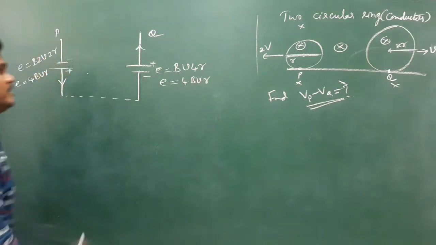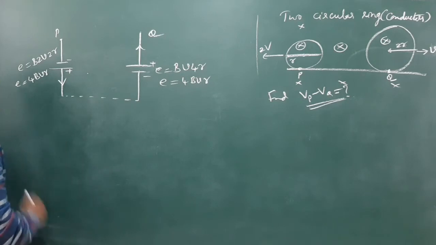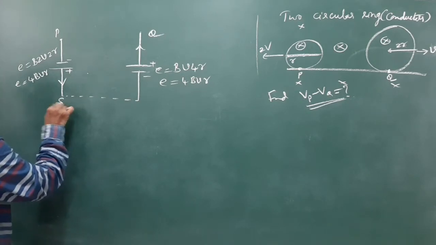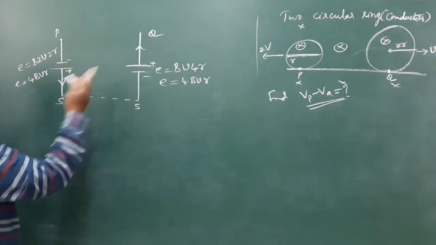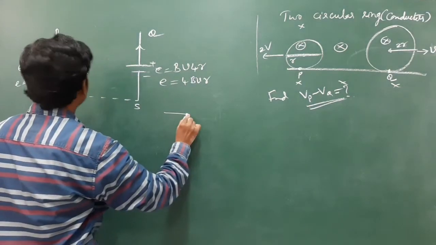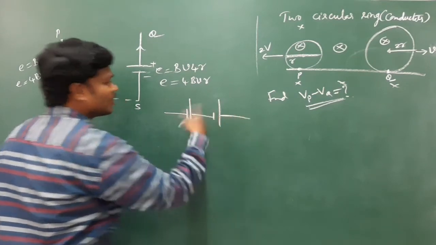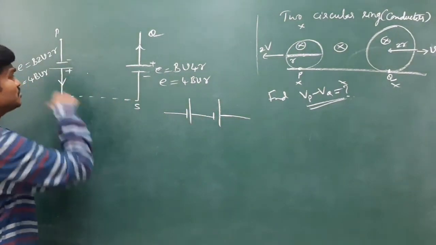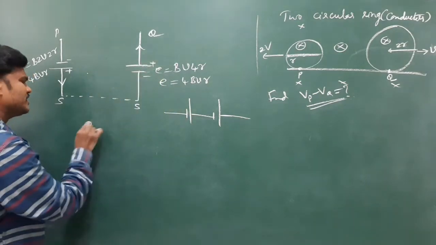4BVR. Then tell me, what is the EMF between PQ? If I take something, which one is at highest potential? Directly we can identify. See, negative, positive, positive, negative, positive. These two cells are negative, positive, and negative, positive. See how these two cells are connected in series. You can add the EMF. So what is the EMF now?